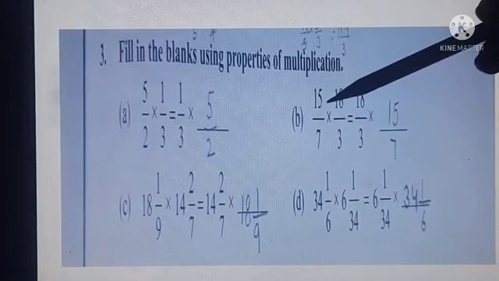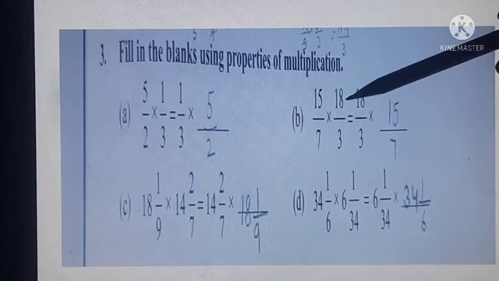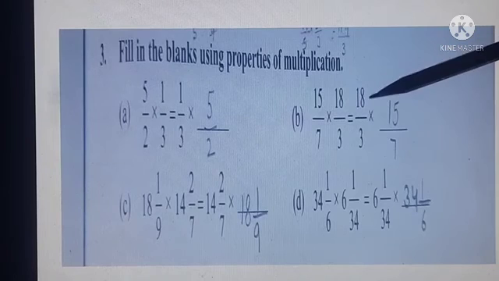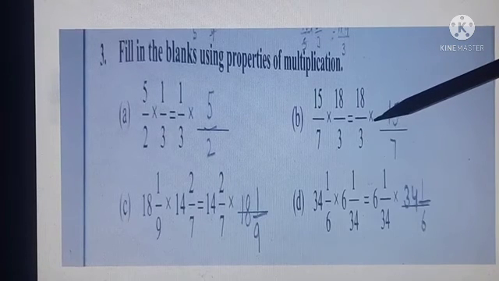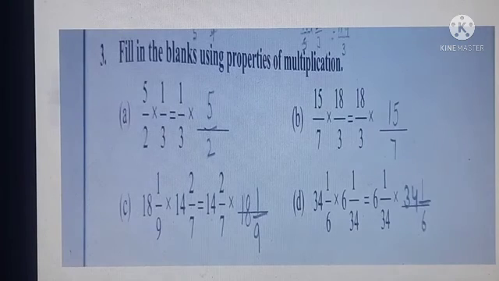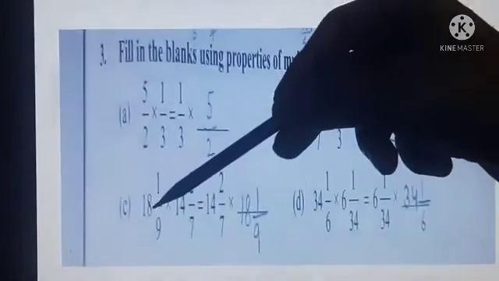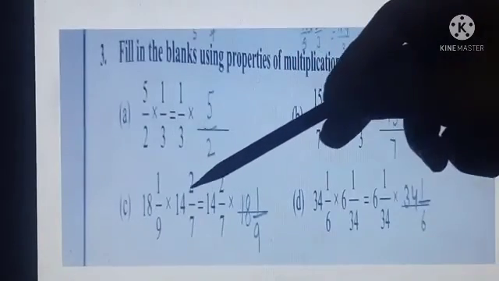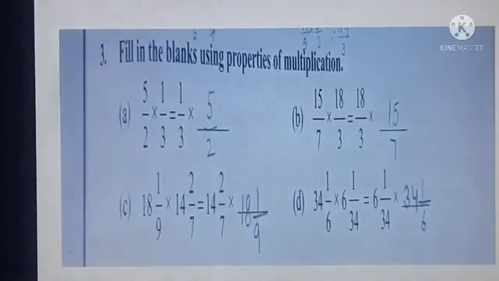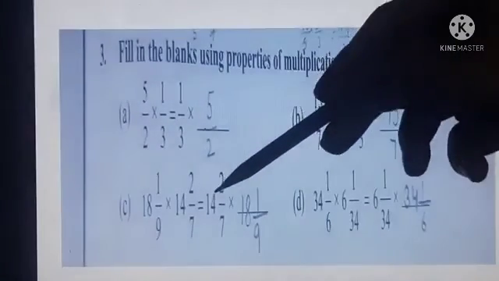B part: 15 upon 7 multiply 18 upon 3 is equal to 18 upon 3 multiply missing, which is 15 upon 7. Understood? C part: 18 whole 1 upon 9 multiply by 14 whole 2 upon 7 is equal to 14